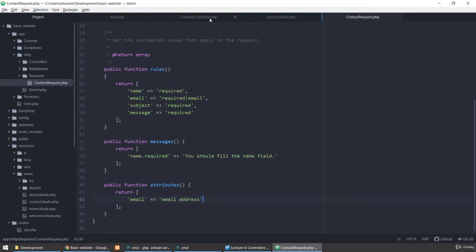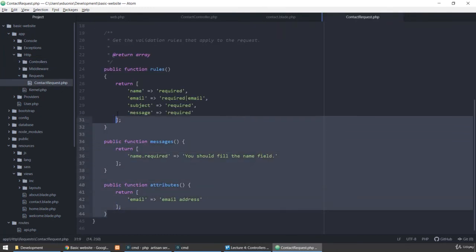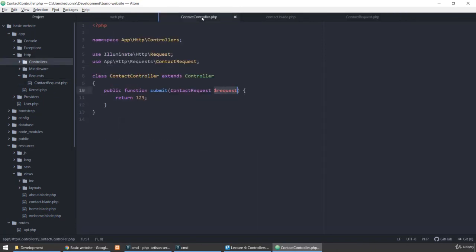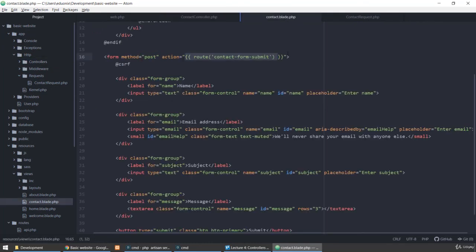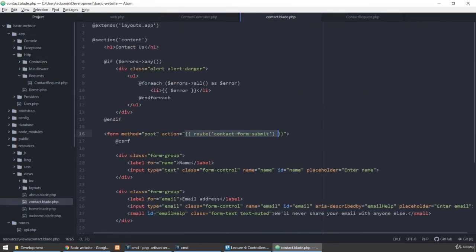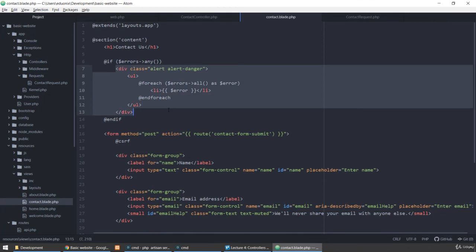So here's the thing. If any of these validation rules fails, the application stops here and returns to the contact blade,